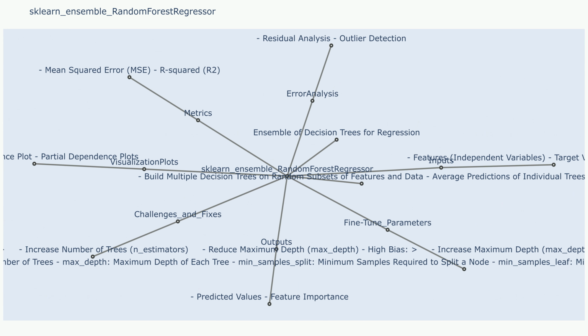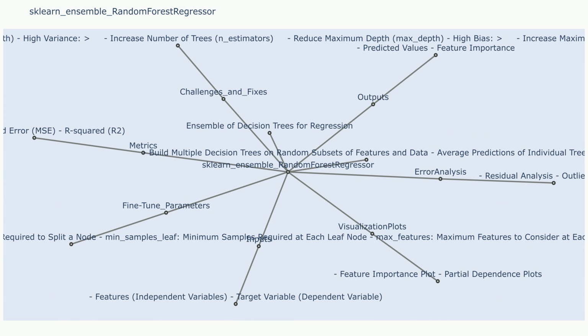Challenge 3: High memory consumption. Storing a large number of trees in memory can consume significant resources. Sample use case that resulted in Challenge 3. Training a random forest model with a million trees on a dataset with a large number of features could exhaust available memory. Fixes to Challenge 3. Reduce the number of trees (n estimators). Employ techniques like out-of-core learning to process data in batches. Consider using a distributed computing environment.